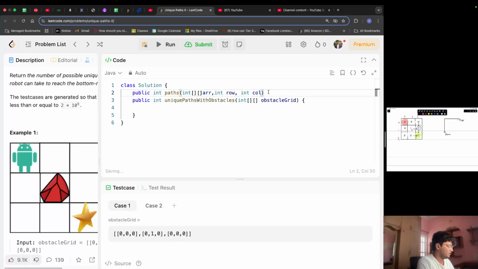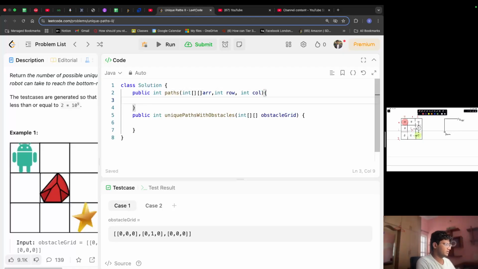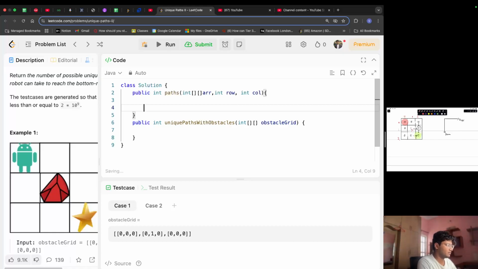And then I'll come to the base condition later. So what I'm going to be doing is checking, maybe what I can do is I can have